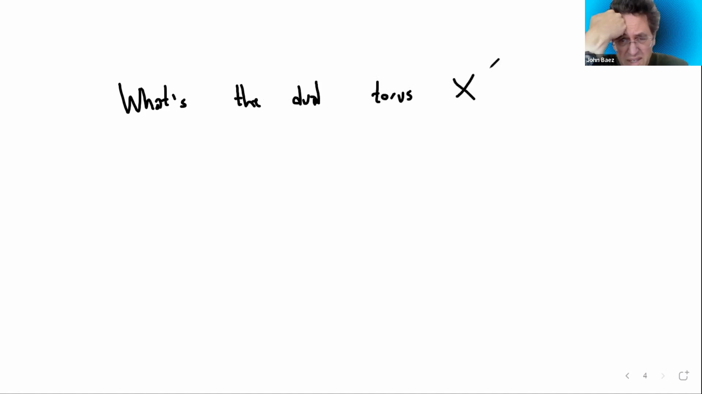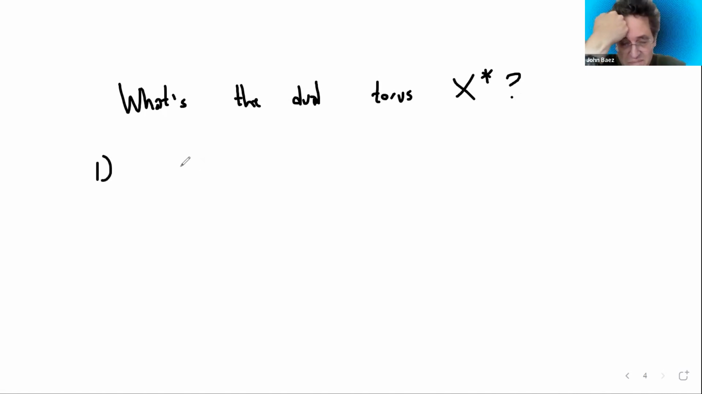X dual. Because I seem to have been reading places that give two really different descriptions of what it is, which I couldn't even see why they were the same thing. Yeah. So one of them,